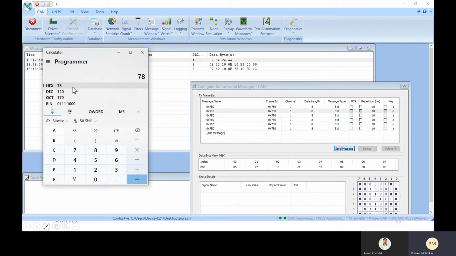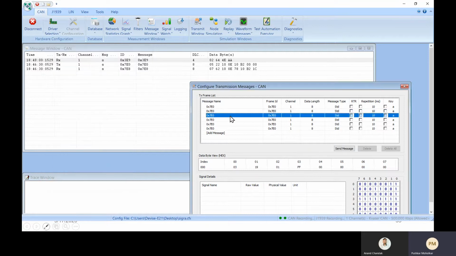78 is the hex data value. As you can see, its decimal equivalent is 120. In this case, we have to multiply it by a conversion factor of 0.1, so that we get 12.0 volts. This conversion formula or multiplication factor is provided by the manufacturer itself. Then 10B2 is the next data identifier, and 1C is the corresponding value, which is the ambient temperature value.